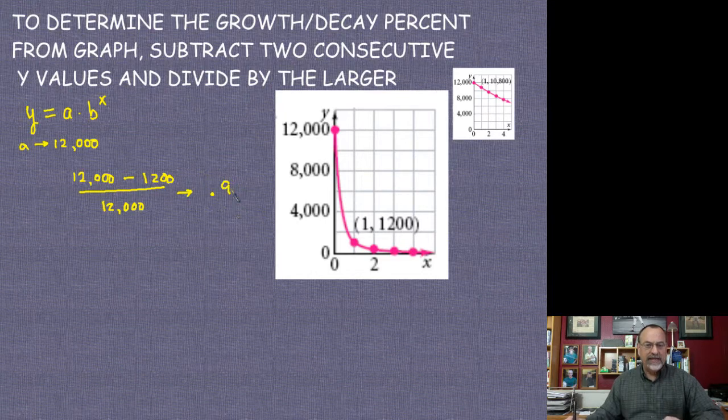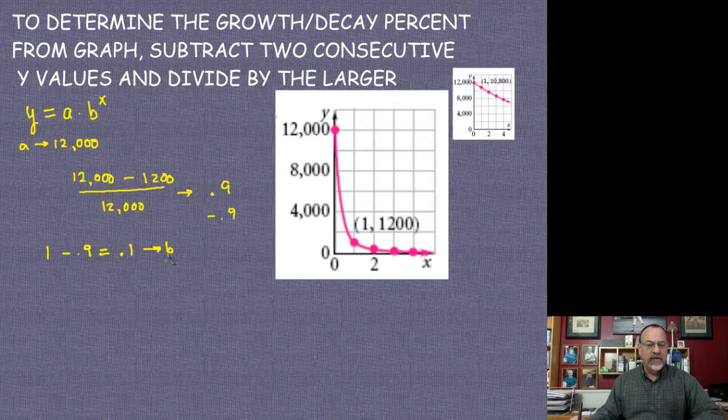This 0.9 is not what goes in for b, because remember, b is not the growth percent, it is the growth factor, which I determine by adding 1 to this value. Now this is a decay, so this is going to be a negative 0.9. Things are decaying at 90%. So 1 plus a negative 0.9, or more simply put, 1 minus 0.9 gives me a 0.1, so my b